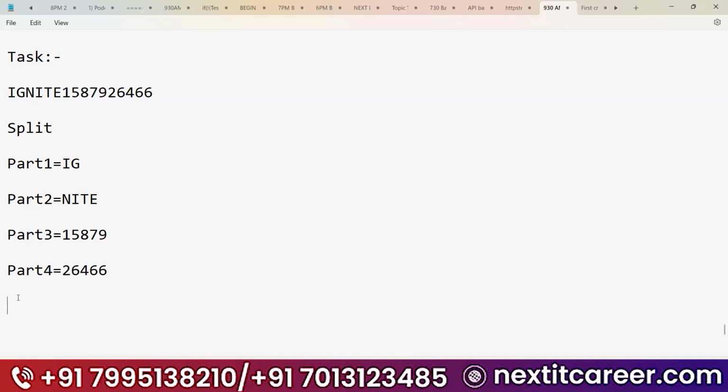So how do we write this? First of all, we need to write the syntax. What is the syntax I told you yesterday? The syntax for regular expression is regex, open bracket and curly bracket, double quotes, and in that you need to give the regular expression.